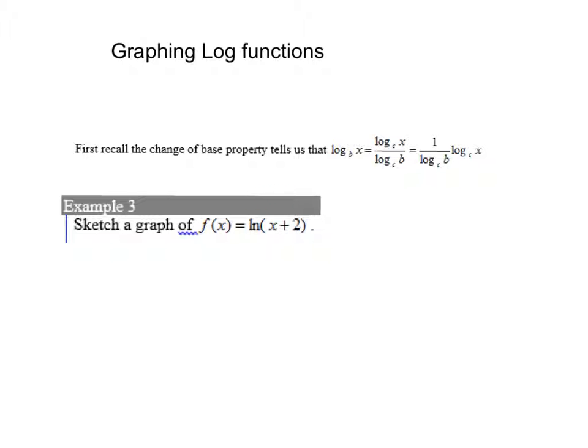Now, I know that logs go through the x-axis at a certain point, and typically they go through (1, 0) unless they've been shifted. So what I'm seeing here is that this graph has been shifted to the left 2. So that's all I'm going to worry about at that point. I'm going to take that point and slide it to the left 2 units. So now it's at negative 1. And then I know my vertical asymptote is, again, unless there's been some stretching going on, 1 to the left of it. And so then I'm just going to make a little sketch. It looks something like